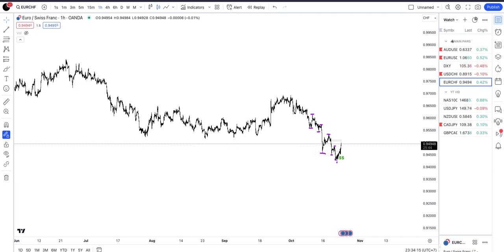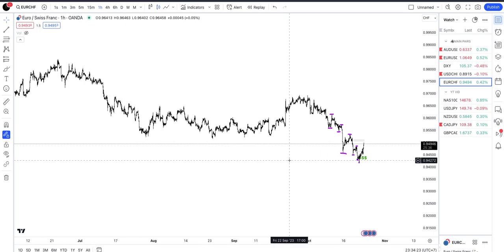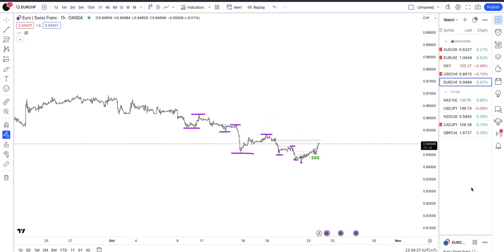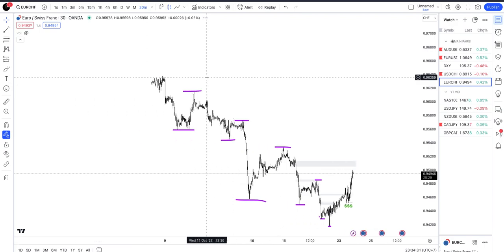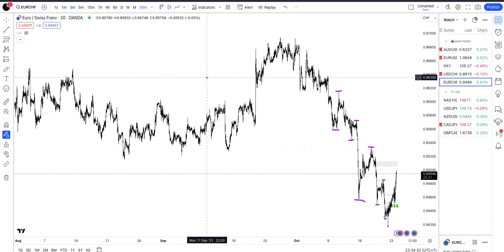Again, today is Monday, and we are doing a quick little tutorial vid here on what I normally do. Right now, I am on the 1 hour, zoomed all the way out, and now zooming in. Let's go to the 30-minute. So the first thing that I like to do when I head on the chart